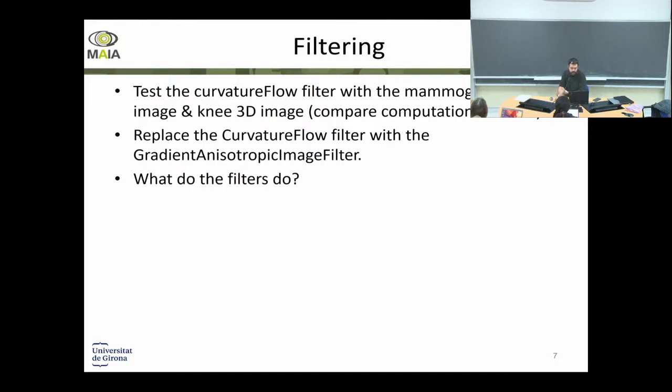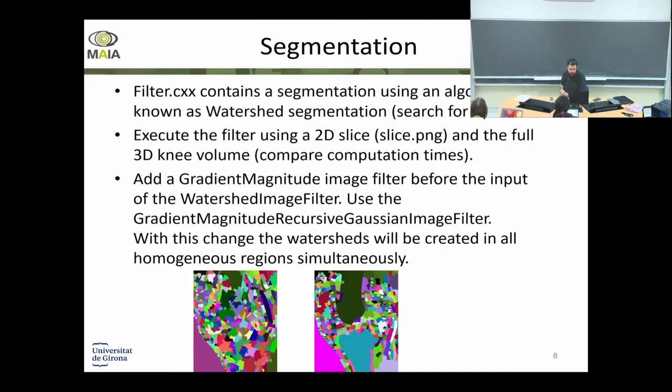This is the first exercise of today, filtering. So you have to do the make files, you have to compile, etc., as we did. This is also part of the practice, so you get used to this. And the final part of the exercises will be segmentation. You'll see a filter.cxx inside the segmentation folder, and it contains a segmentation algorithm or segmentation code